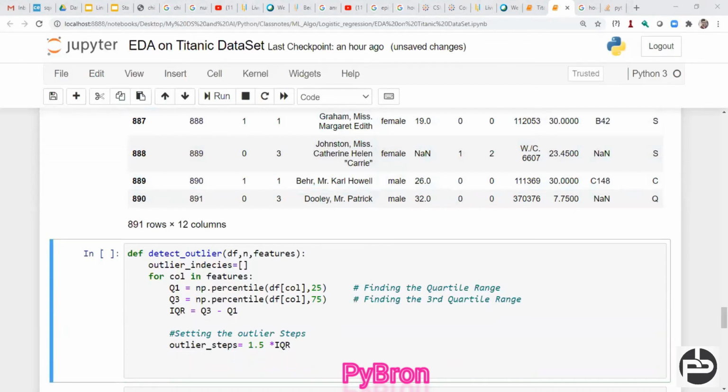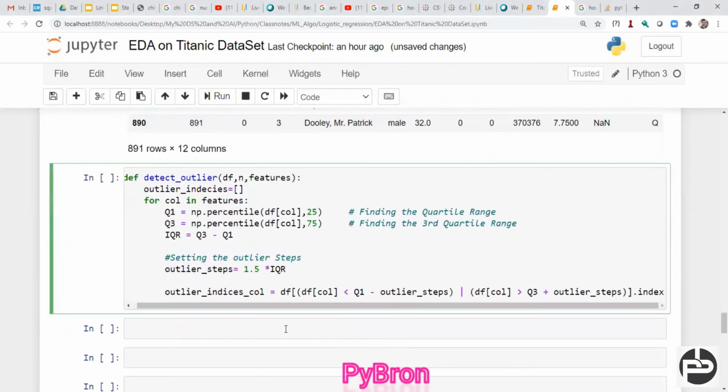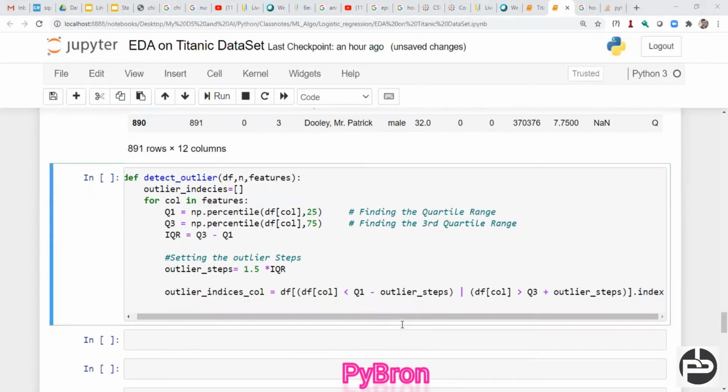So I'm going to write one condition. If any value is more than this, then that value should be treated as an outlier, and for that outlier value I capture its index value, right? Hope you understood. Similarly, I would like to add it to the list we had created, the outlier indices list. Once your outlier has been identified, I have to add that outlier to this list, right?